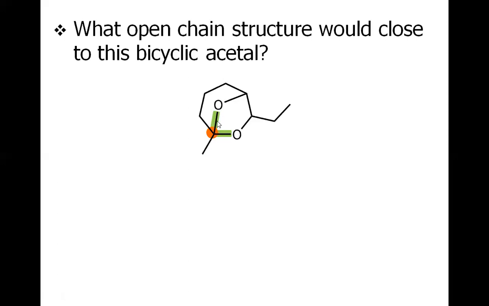which are the CO bonds, this CO bond and this CO bond. So what am I going to do? I am basically going to cleave this CO bond and this CO bond, and then convert this orange carbon to be the carbonyl carbon, that is the ketone, and these two oxygens that have been just cut from their corresponding CO bond are going to be converted into the alcohol like this.